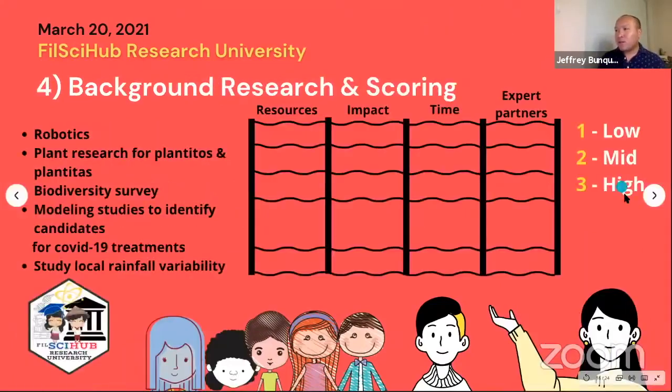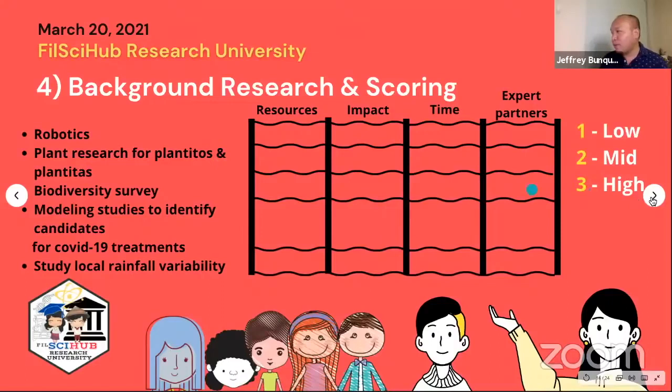So after po nun, pag sa sunod pang-apat o pang-limang session nyo na, pag nakapag-research na yung mga estudyante nyo, that's when you'll gather the entire group. And this is actually a very fun exercise. What you have to do is you have to tabulate your sets of ideas against the different criteria. And then you should assign a scoring system. So for example, you should score an idea a 1 for a particular criterion if it scores low, 2 for a mid-level, and then 3 if it's scoring high.